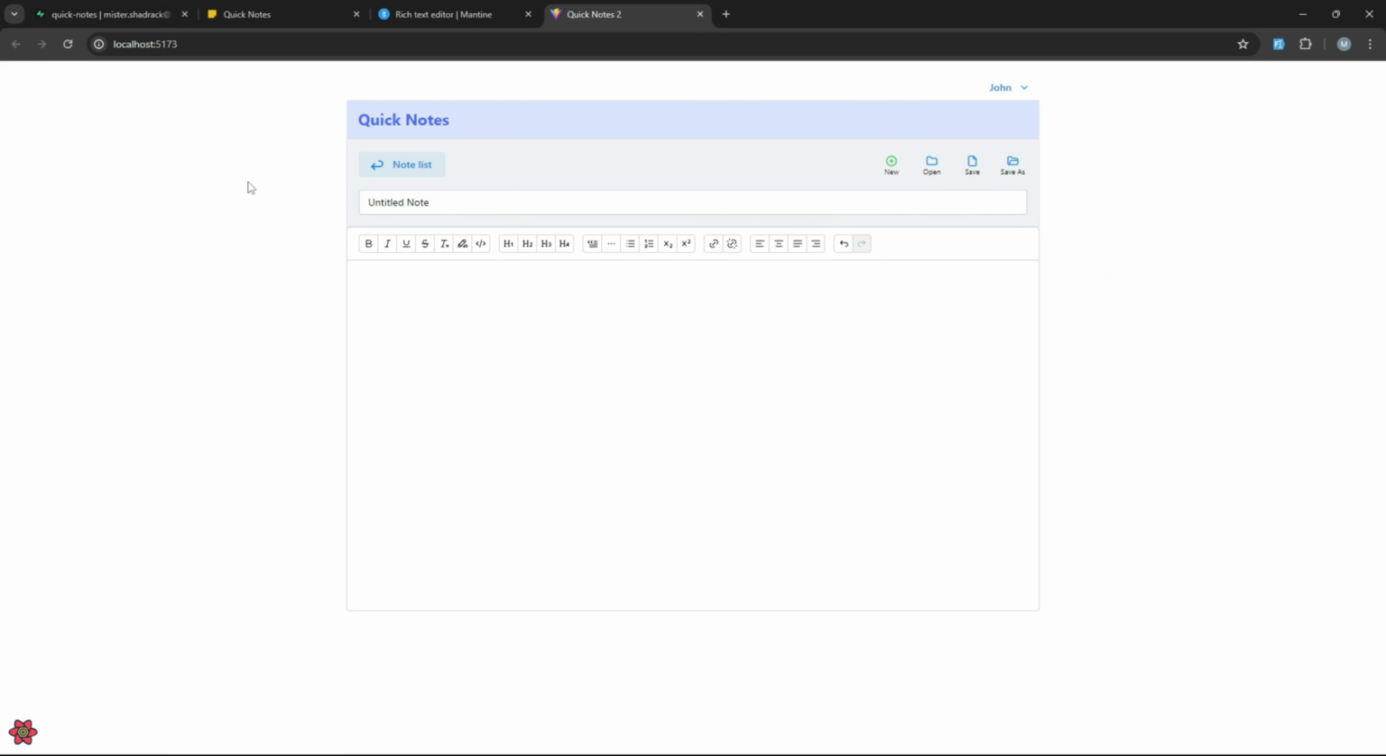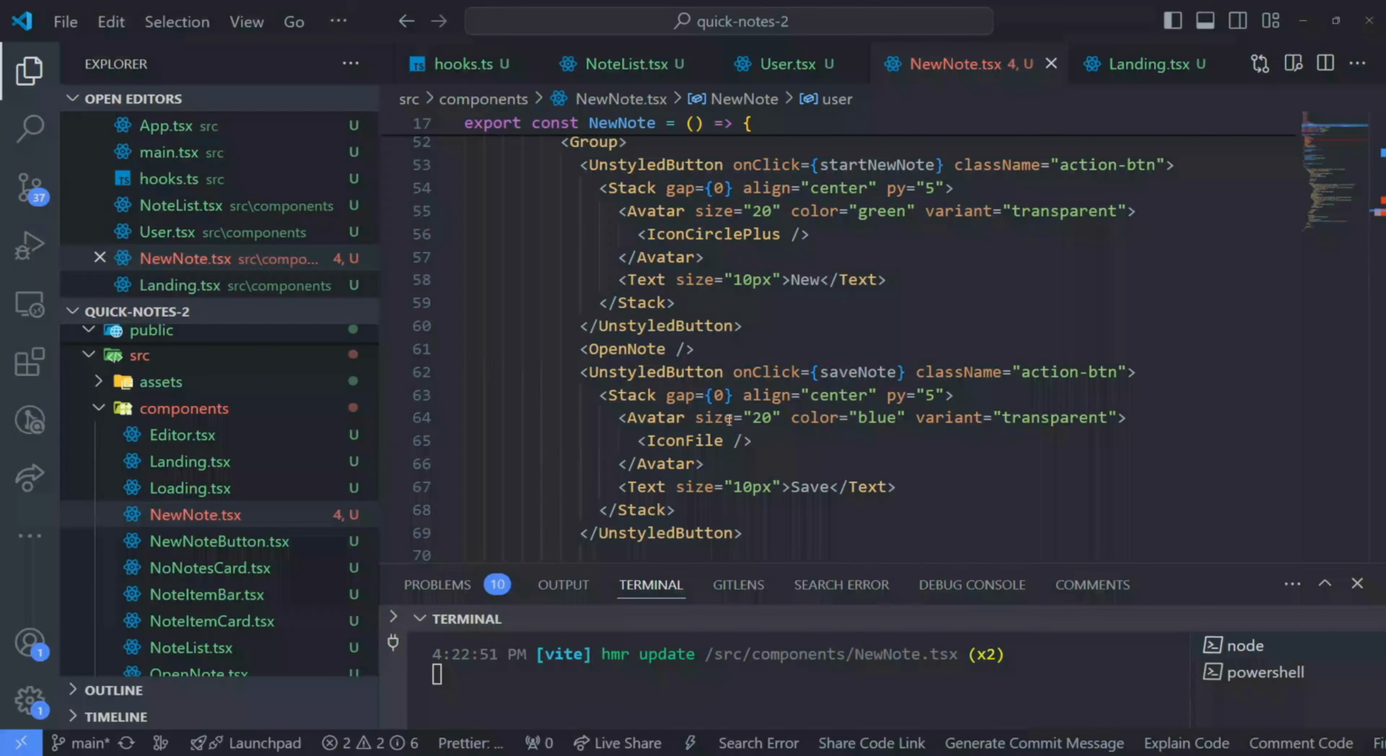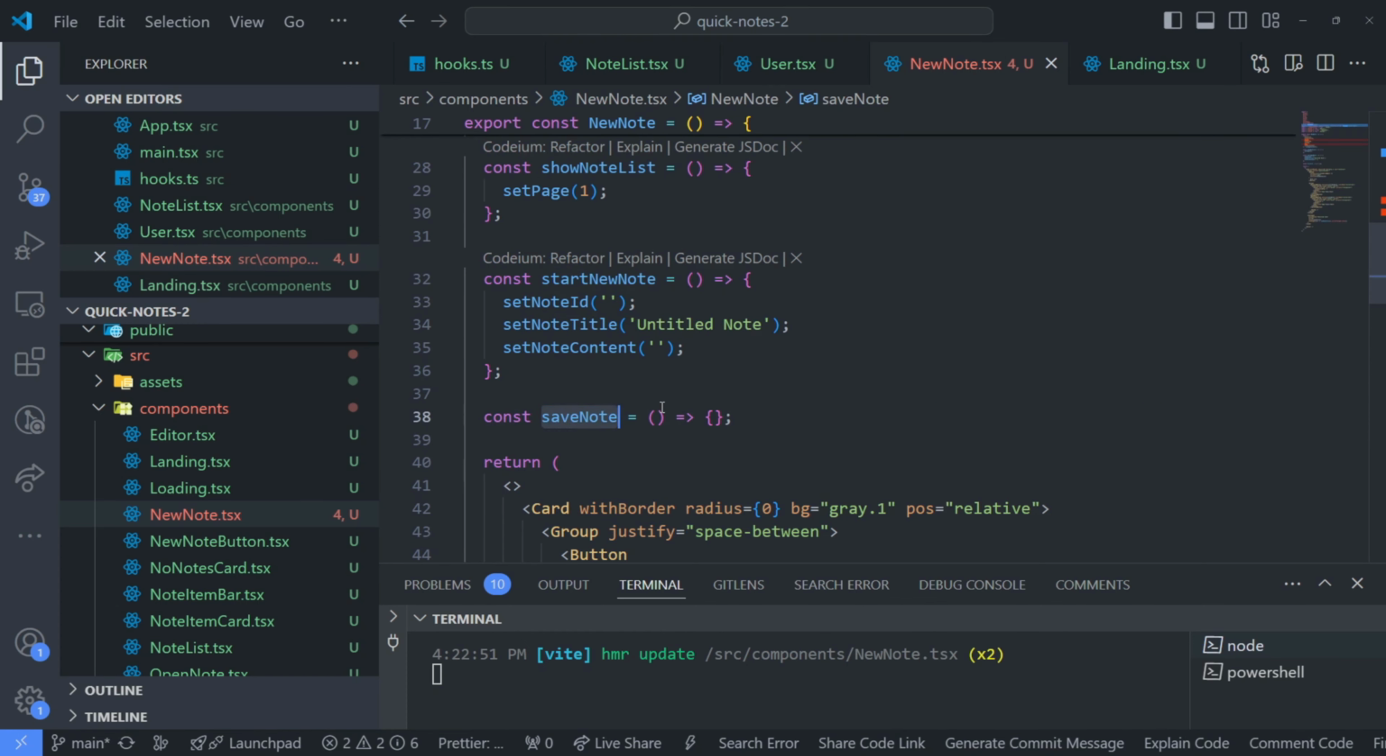Now let's actually work on getting the content and clicking save. I think save is not working yet. Let me open the DevTools again. So all the other buttons are working with the exception of save. So let's write that from scratch. So here we have save notes,